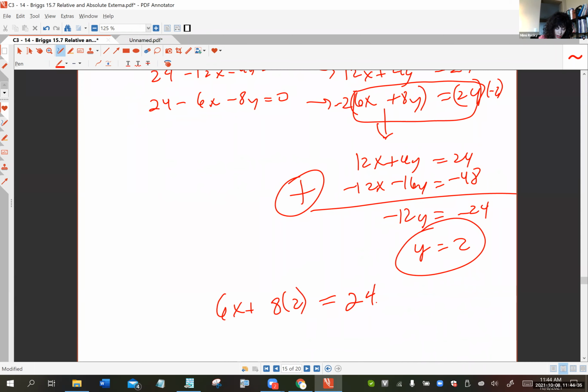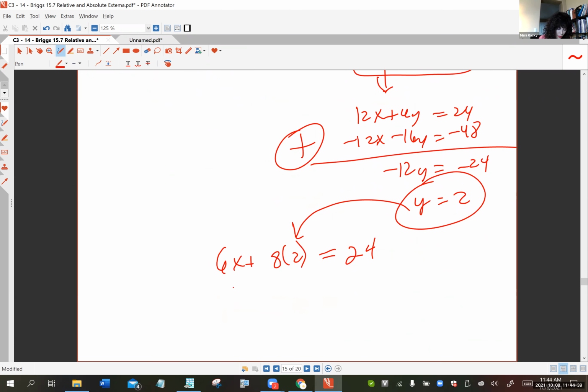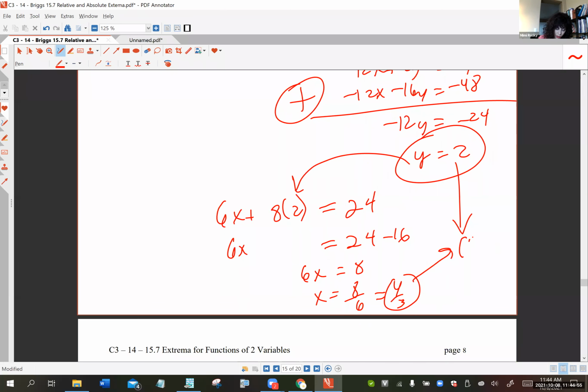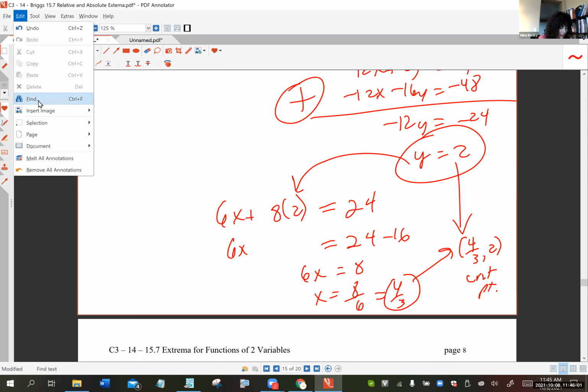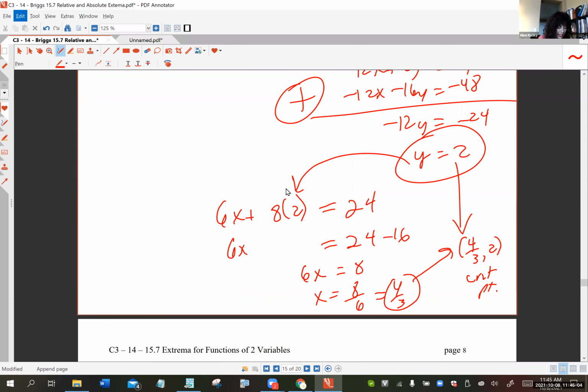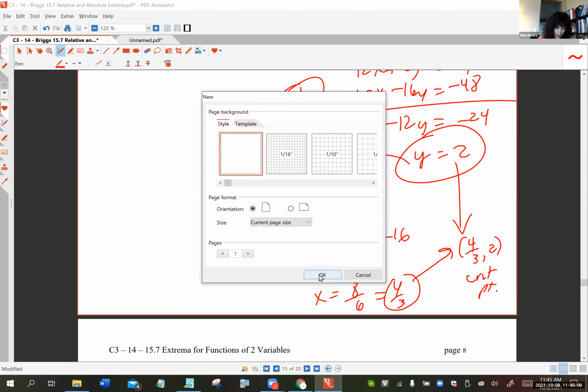6x plus 8y has to be 24. And so then what? 6x has to equal 24 minus 16. 6x has to equal 8. x is equal to 8/6, which reduces to 4/3. Okay, so what do I have right now? I have both of the coordinates, so I have a critical point, (4/3, 2). That is a critical point. Yay. And now you can go do the D test